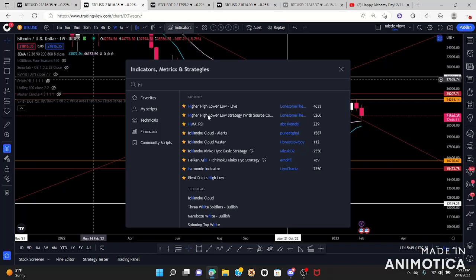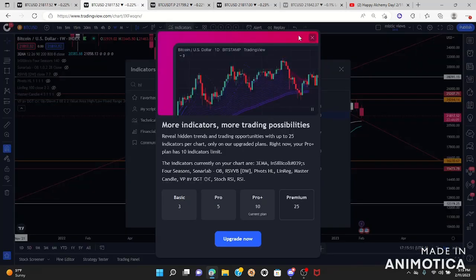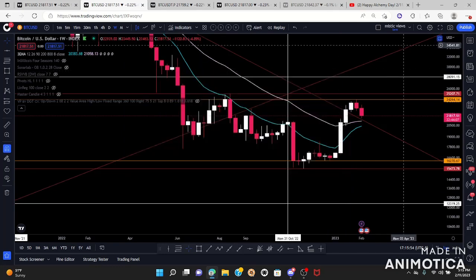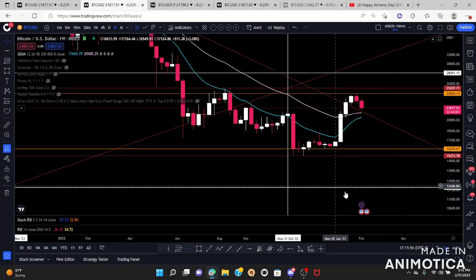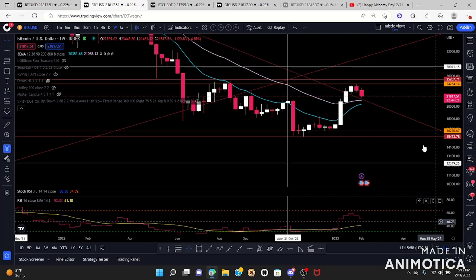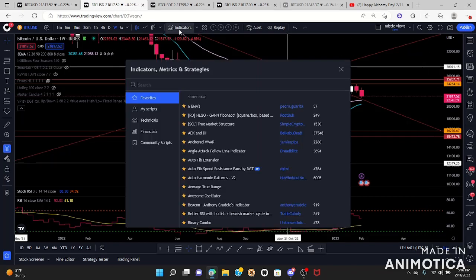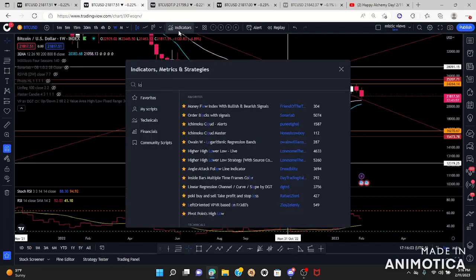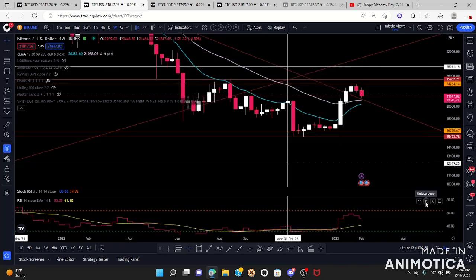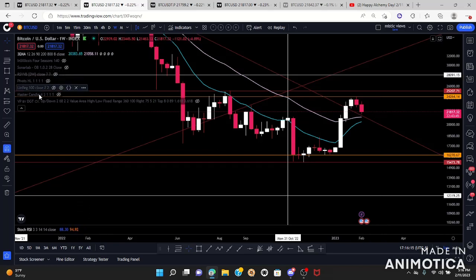Higher high, lower low is the indicator that I usually use. Ooh, what? I can't use any more? How many indicators? I'm only allowed 10. Let's get rid of the RSI for now. I'm using a special chart here. So this is the chart that I use. It's not allowing me. Oh, I didn't delete it. Sorry. I kid you not, this is my 10th attempt to do this video, and I feel like they don't want me to get this video out. I've been having so many issues making this video. But anyways,